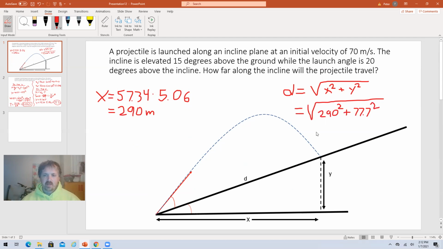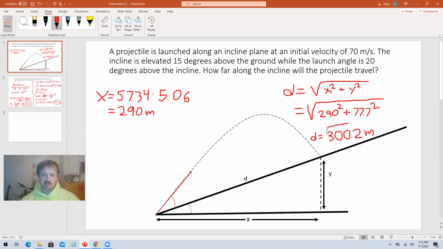Okay. And d will then equal 290 squared plus 77.7 squared, and then we will take the square root of that entire thing. And d equals 300.2